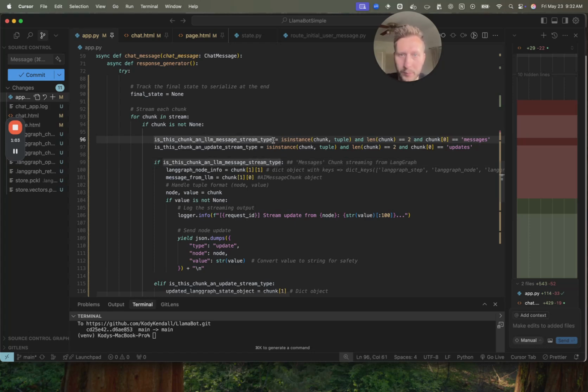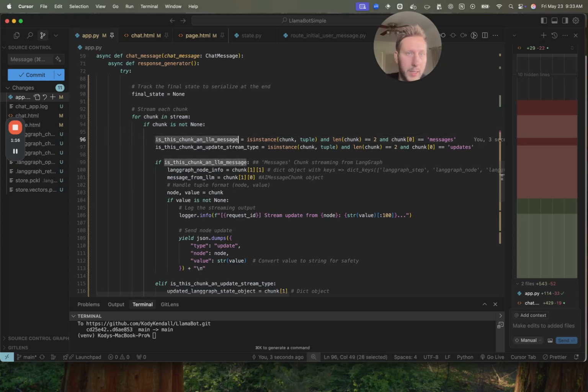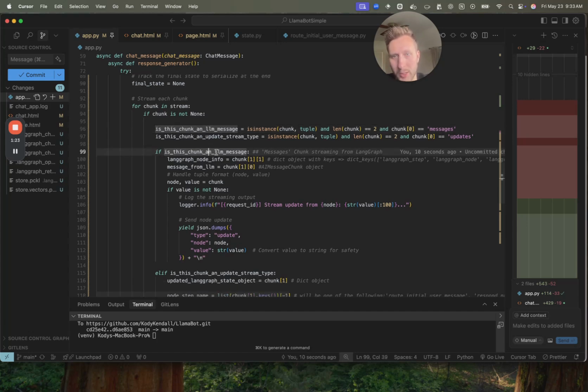And the reason why, in fact, let's even call it, "is this chunk an LLM message?" Okay, and this I think just provides a lot of clarity when you're thinking about variable names, because now we can go through and read this code a little bit almost like pseudocode. If is this chunk an LLM message? So if this is a message from the LLM, right? If this is a message from the LLM,